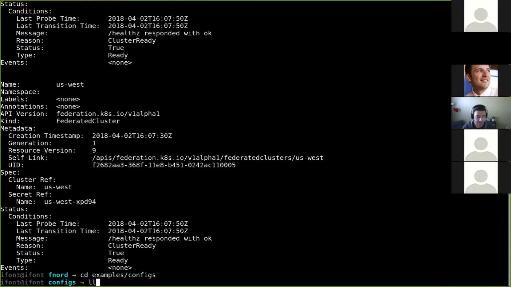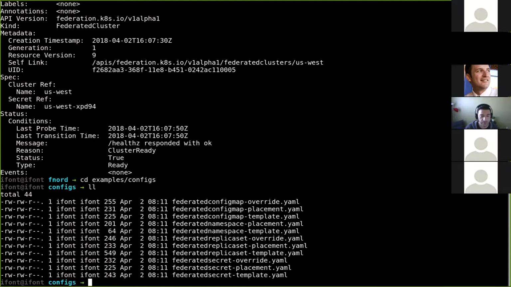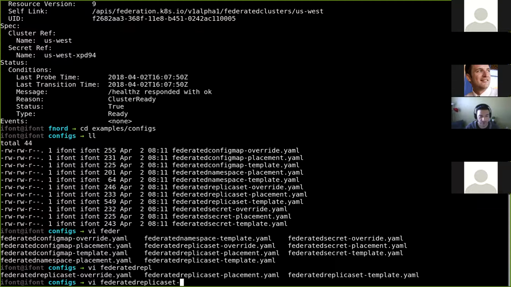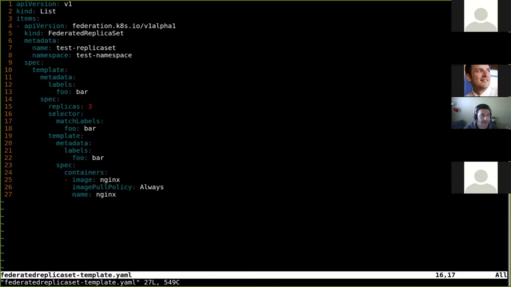There's a set of configurations in this directory. I won't go into all of them, but I will describe replica sets as one of the more interesting examples. We currently support distributing workloads for namespaces. The resources that we support are namespaces, config maps, secrets, replica sets, and also deployments, but we'll just show replica sets in this demo. If we look at replica sets, we have a new custom resource type called Federated Replica Set. The name of it is test replica set, and we want it in the test namespace. This resource basically embeds the Kubernetes